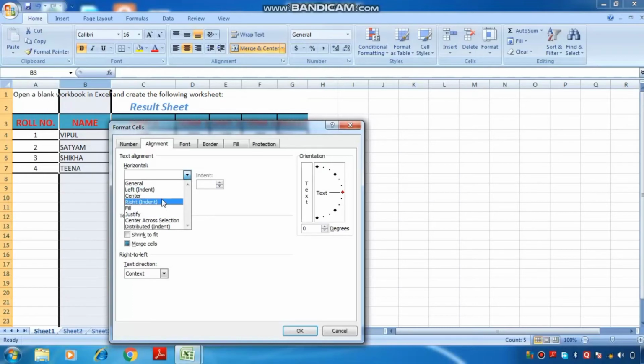If I want to justify it or align it center, then I select Center, and I can also select the vertical alignment. Suppose I want it at the top, then I select the Top option. Now you just have to click on the OK button like this.